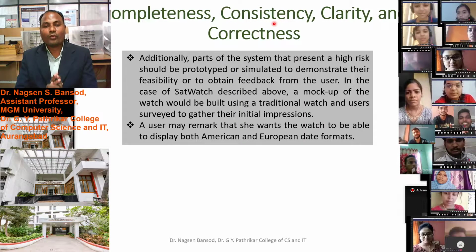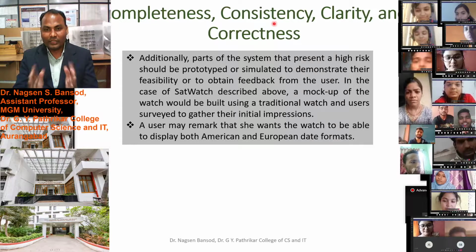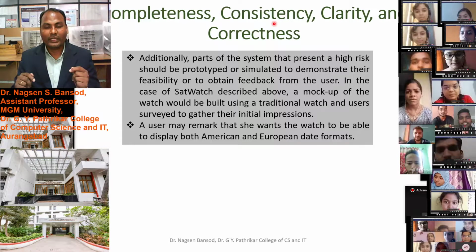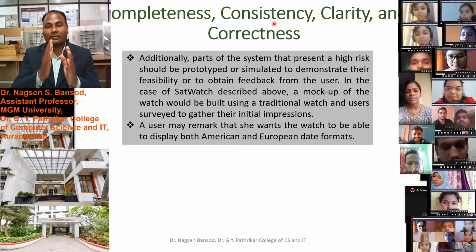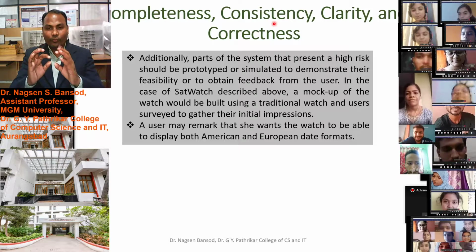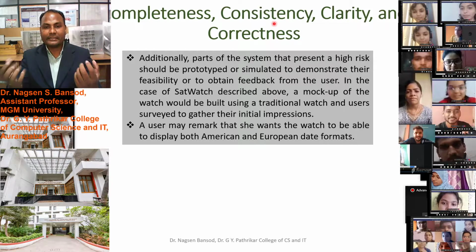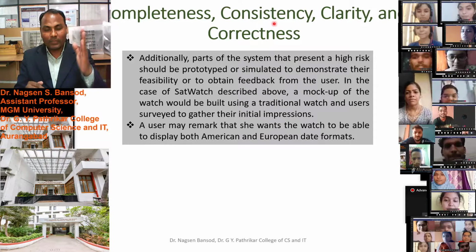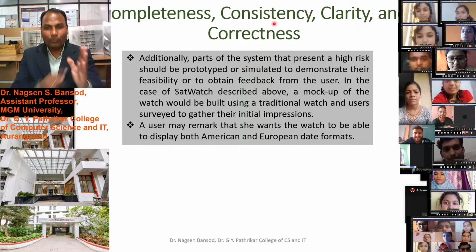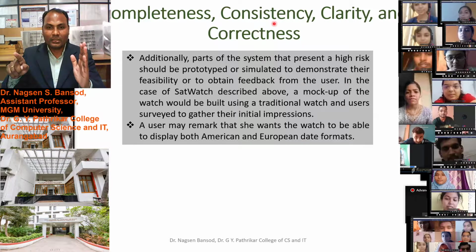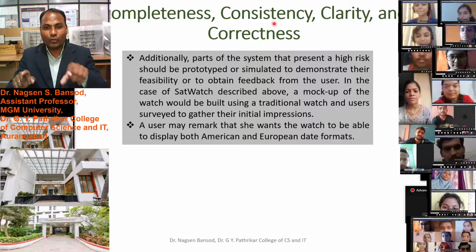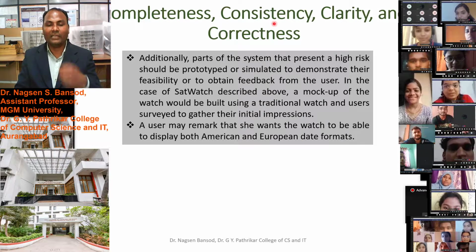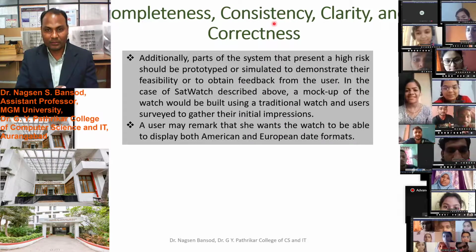Suppose you are going to design a big software. Then you will make segments to reduce the complexity of that software. You will create different objects in it, but one object should be connected to another object, and that consistency should be maintained. Therefore you have to acquire all detailed information from the client.